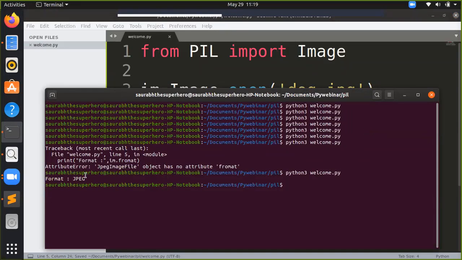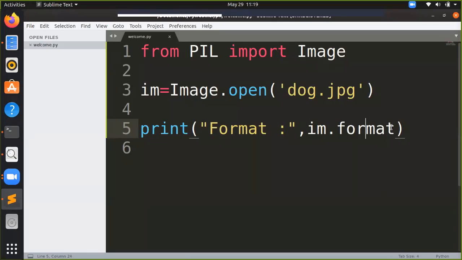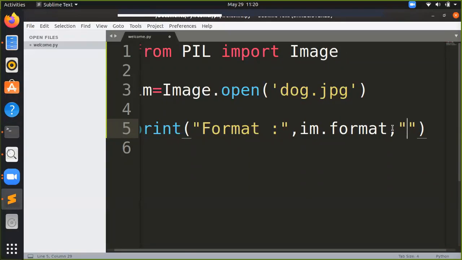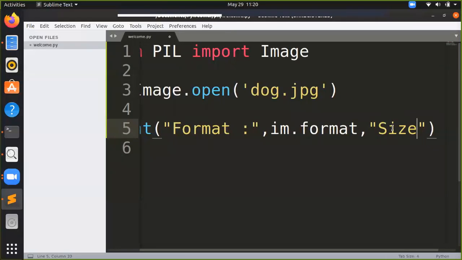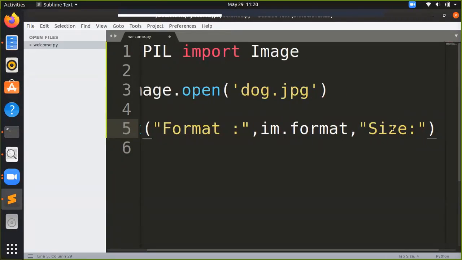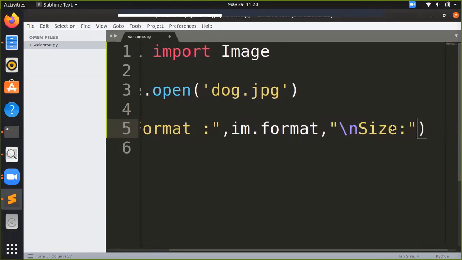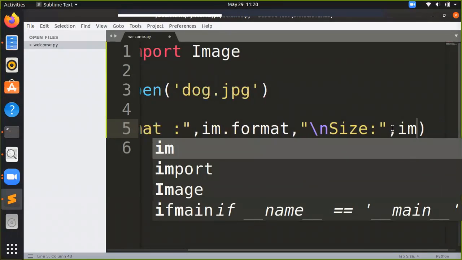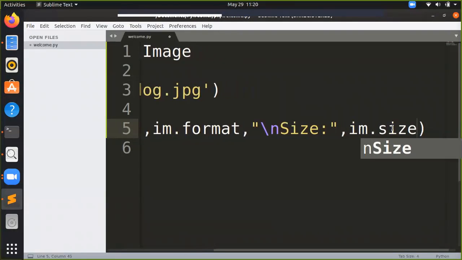JPEG. We can clearly see it is JPEG format. So how can we write size? You have to write im.size.